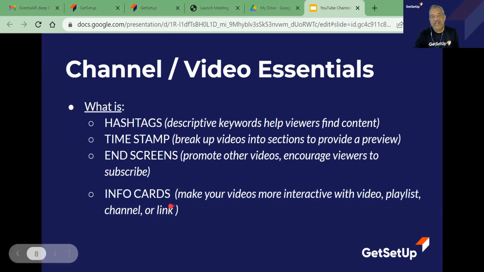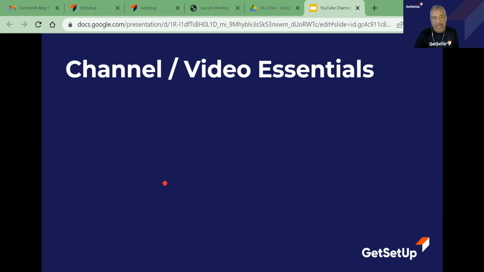Besides that, info cards. Info cards is again a great way to make the videos more interactive, with adding either playlists, channels, or links. This was again one of the points that we discussed yesterday about videos, how to make them interactive. Info cards is also a way by which we can include interaction in our videos. Then,